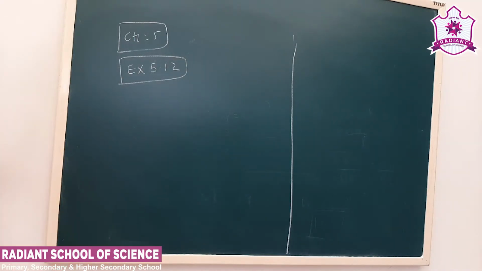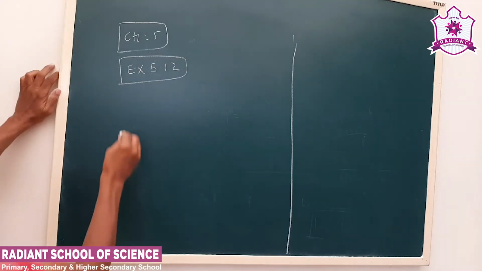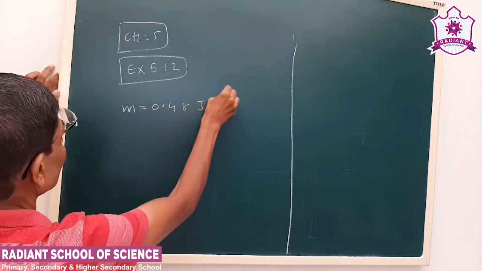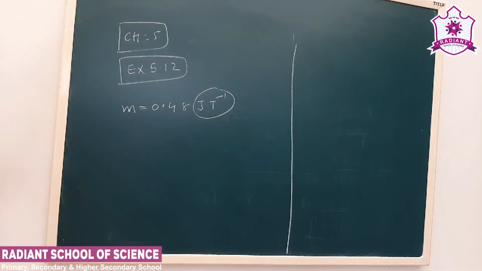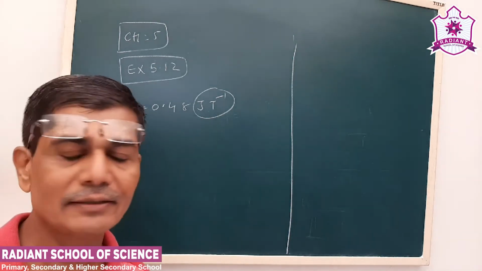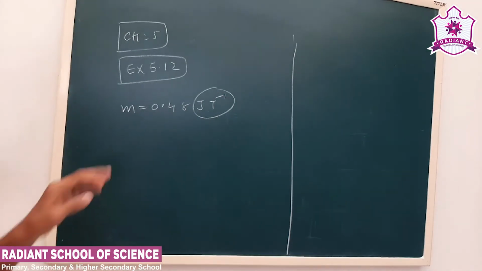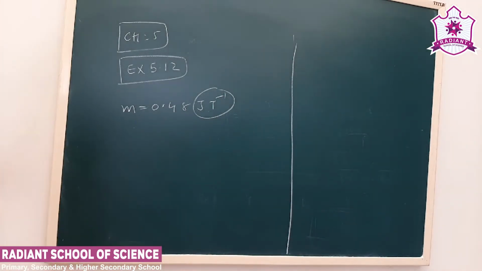Okay, now see, a short bar magnet has a magnetic moment, now see, here it is given in Joule per Tesla or Joule Tesla inverse. If you solve this, the magnetic moment unit is ampere meter square. You can try yourself, I am sure that you will get the same result. Okay, but right now it is given in Joule per Tesla. Okay, give the direction and the magnetic field that is produced by the magnet at a distance of 10 centimeter on the axis and equator.